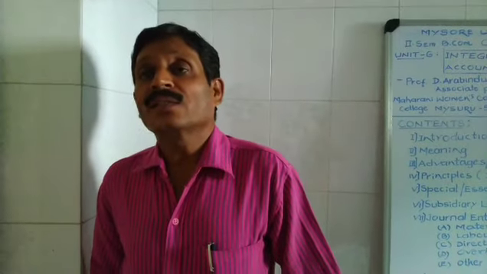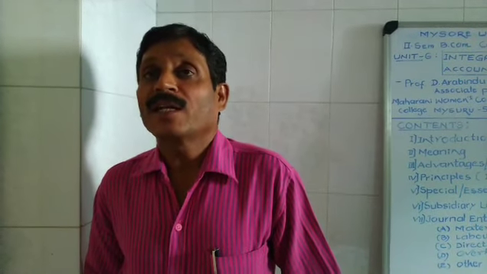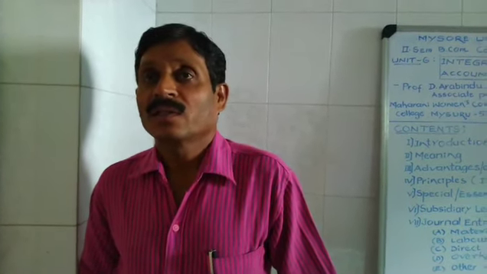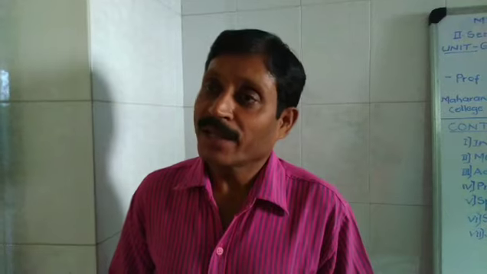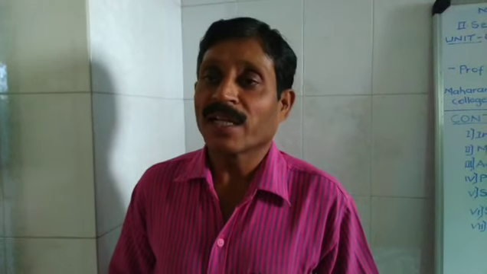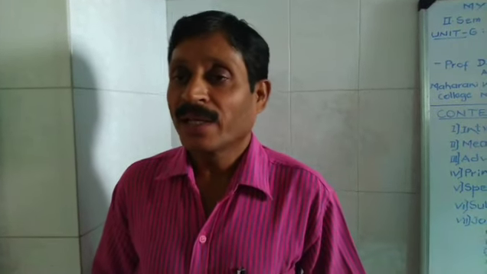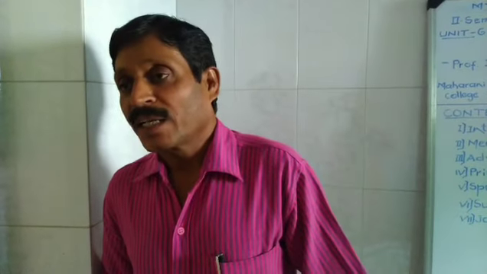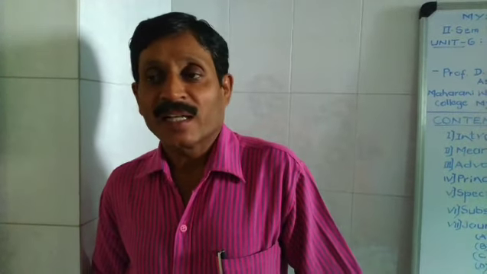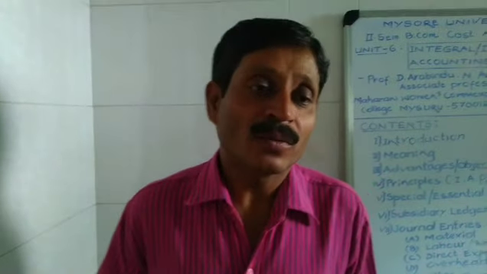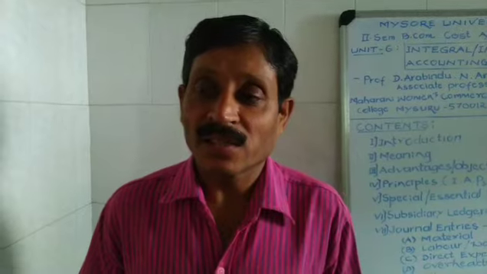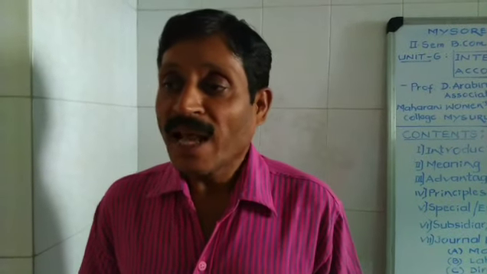These are various journal entries to be passed in case of integrated accounting system. Once again to repeat: journal entries relating to materials, journal entries relating to labor, journal entries relating to direct expenses, journal entries related to various overheads, and journal entries related to other transactions. Now it is time to conclude